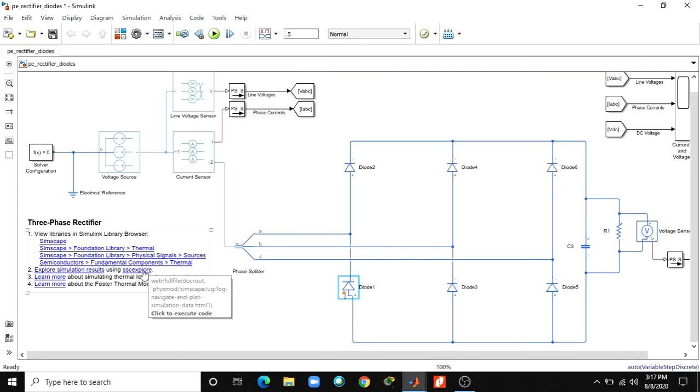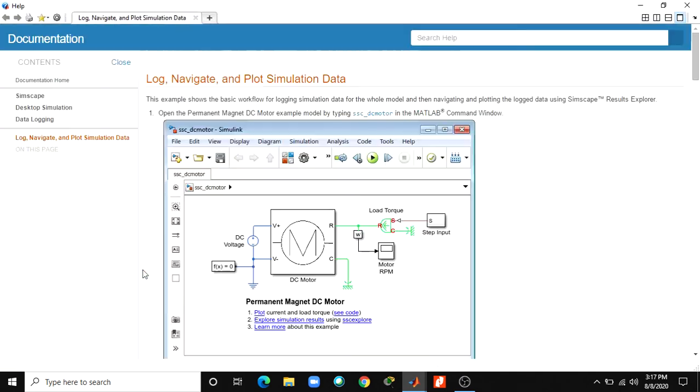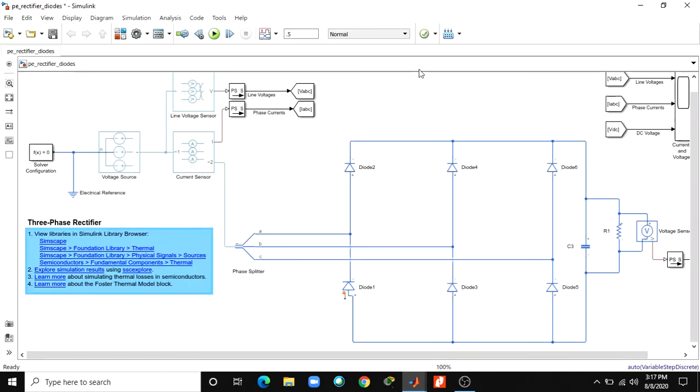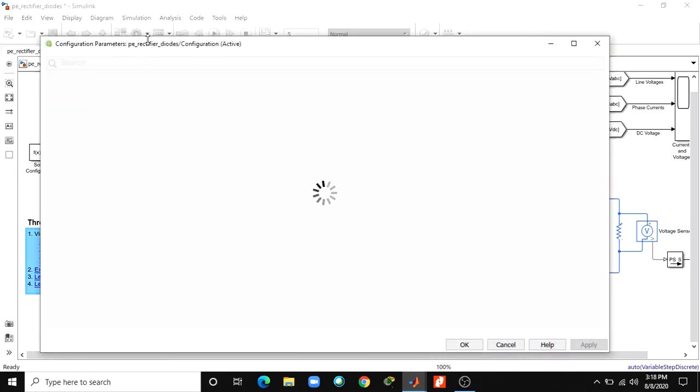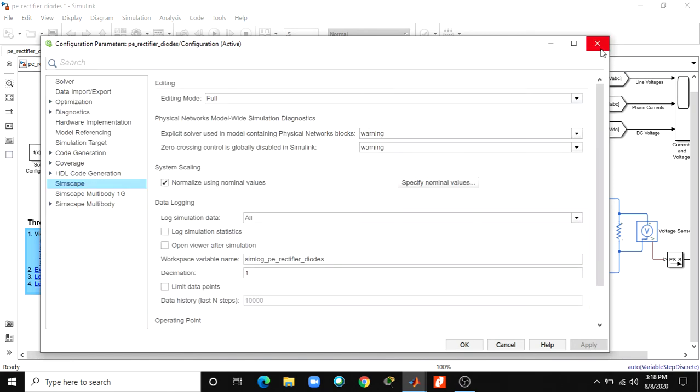Finally, you will get the Explorer. That is a log, navigate and plot simulation block. For example, here the model configuration parameters, you can normalize the value.